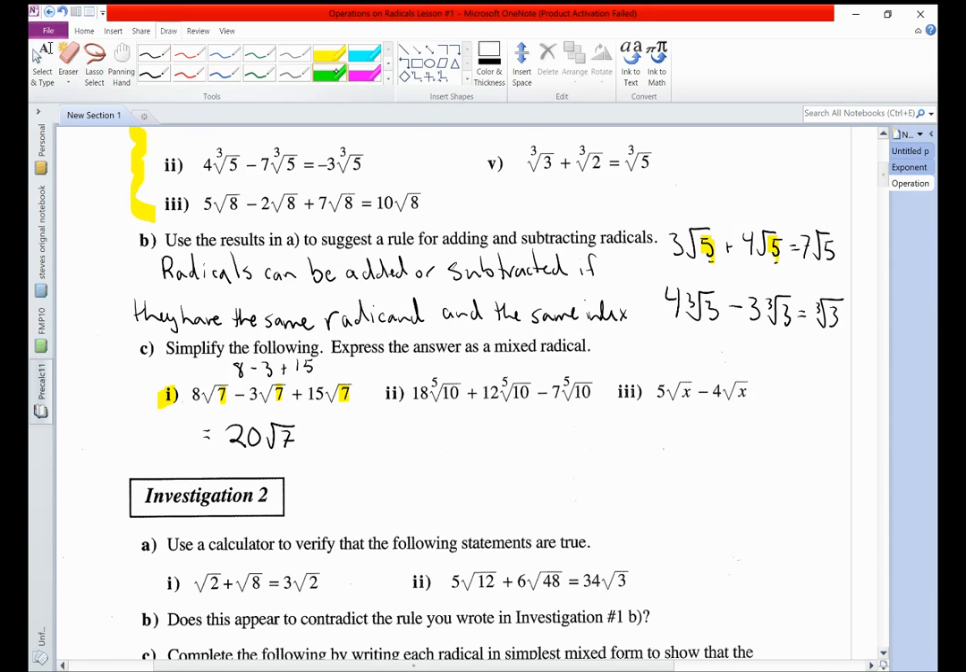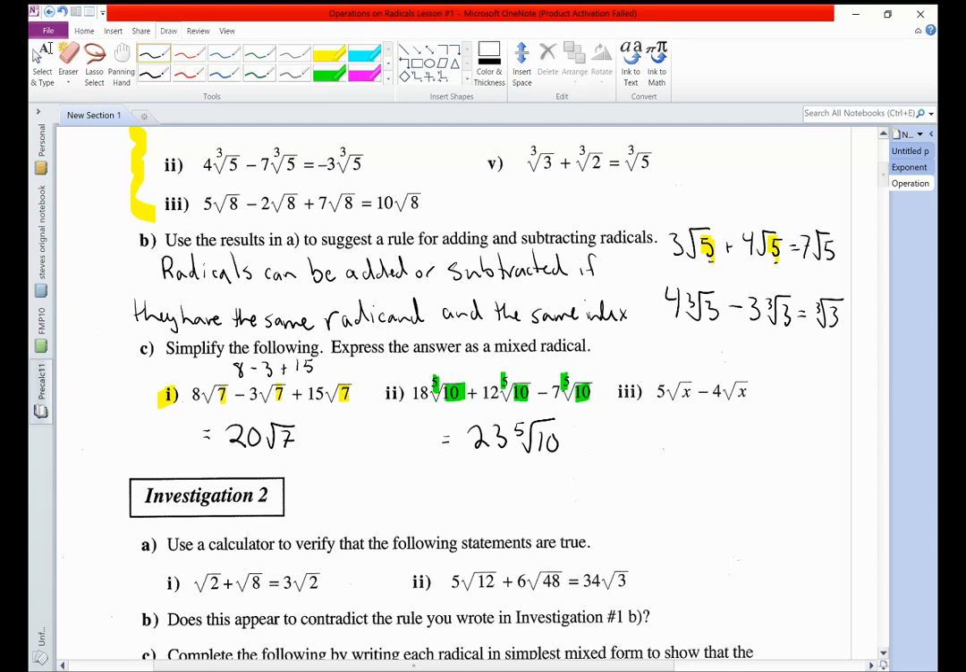Awesome. The next one, 18 multiplied by the 5th root of 10 plus 12 multiplied by the 5th root of 10 minus 7 multiplied by the 5th root of 10. So you can see we have the same index and the same radicand. So they're all like radicals. And so now we just have 18 plus 12 minus 7. 18 plus 12 is 30. Subtract 7 is 23